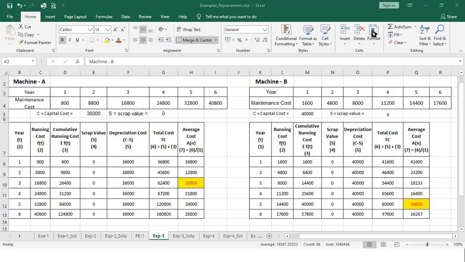Yes, Mihir. Please answer it. Sir, 1 year for the machine would not be as reliable to change. You are saying that after the first year of usage, machine A should be replaced with machine B. Am I right? No, sir. Then after 2 or more years. After 2 or more years, why is that so? Because, sir, the machine A would be as it is for 1 year. Not so much depreciation cost or any maintenance cost would be there.